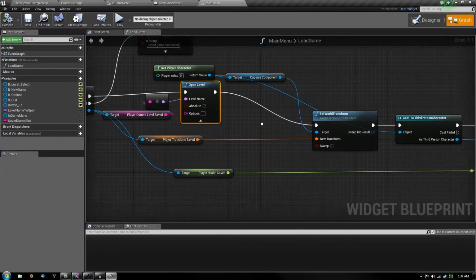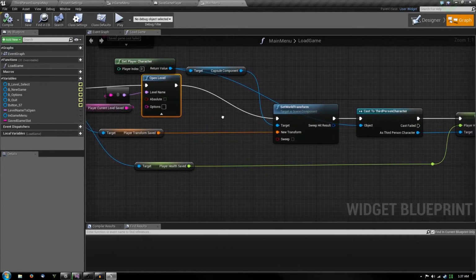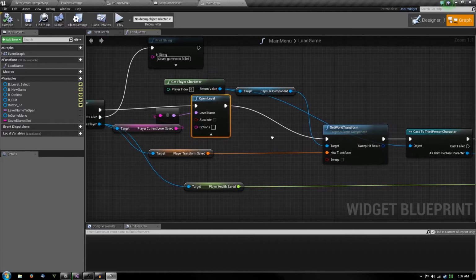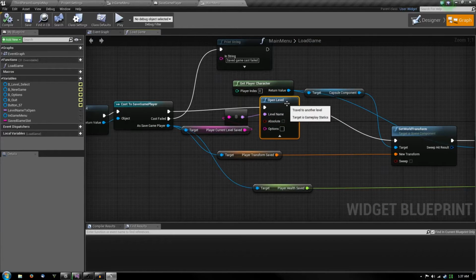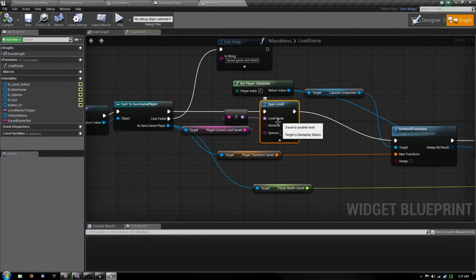Travel URL. Alright. Let's think. So you see, it stops the loading as soon as the open level pops in. But otherwise, on opening of the level, we could do a load game. So you see, as the level opens,